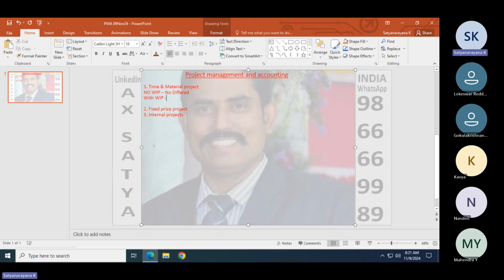So there are two more here: no WIP with deferred revenue, and with WIP with deferred revenue. So four combinations you are going to learn. Within this time and material, you are going to learn how these four work.